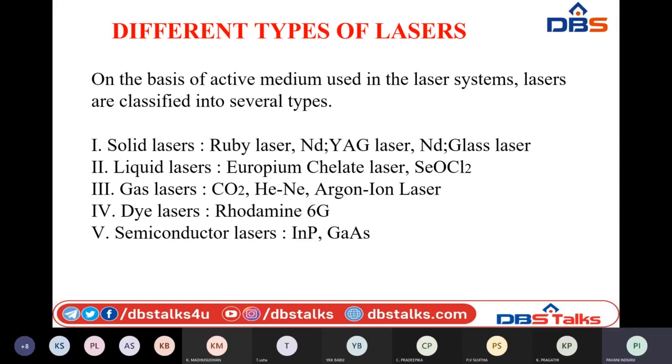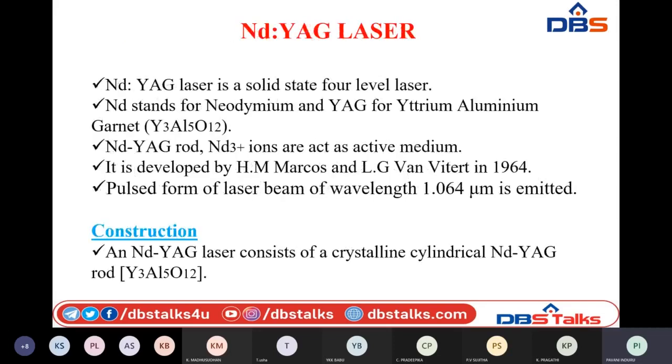And now we are going to discuss two different and important types of lasers. Those are one kind of the solid laser, another one is gas lasers, which are highly used lasers nowadays. So coming to the solid laser, that is the Nd:YAG laser. Nd:YAG laser is a solid state laser which makes use of a 4-level pumping scheme in it. And the pumping method we are going to use in this is optical pumping.